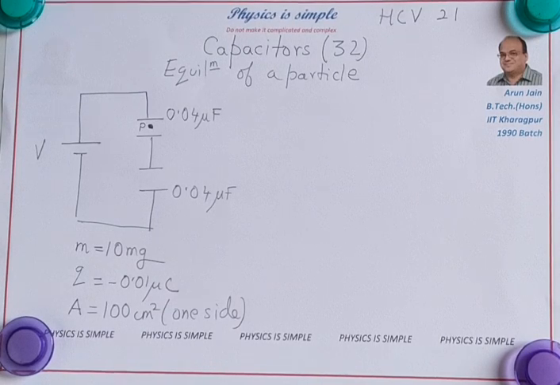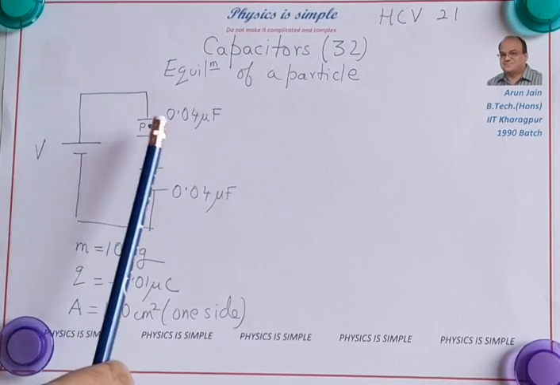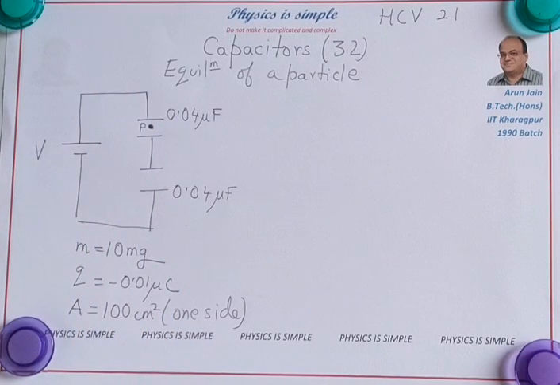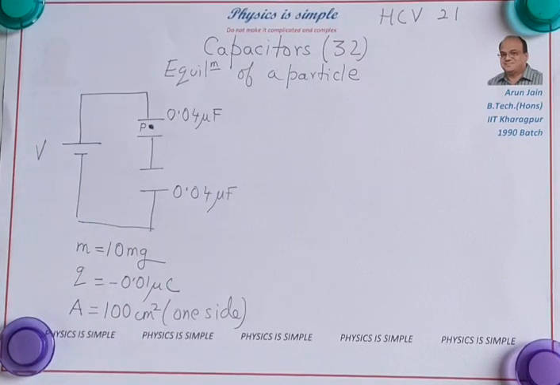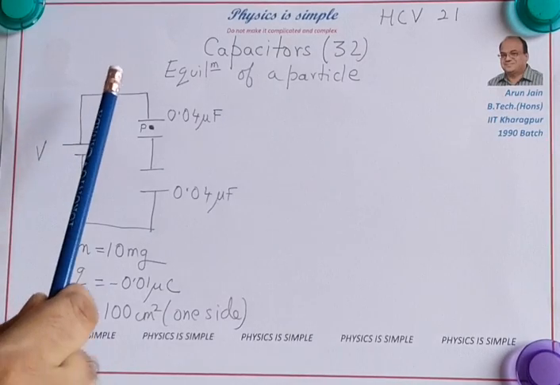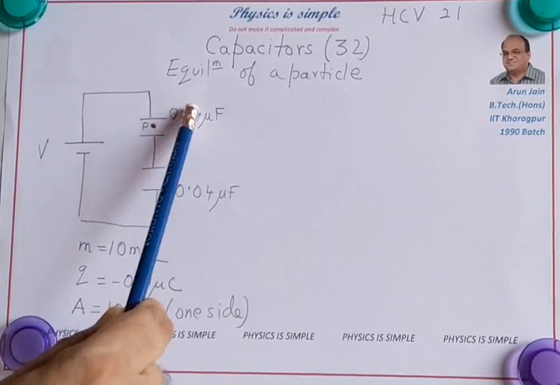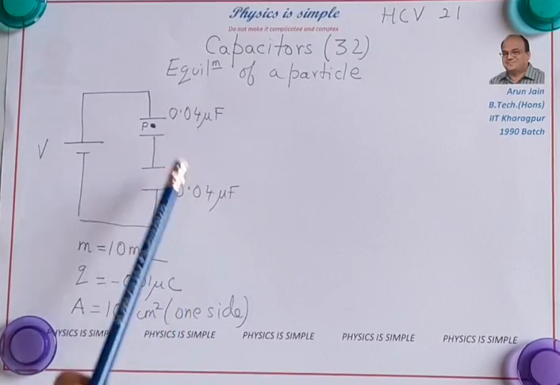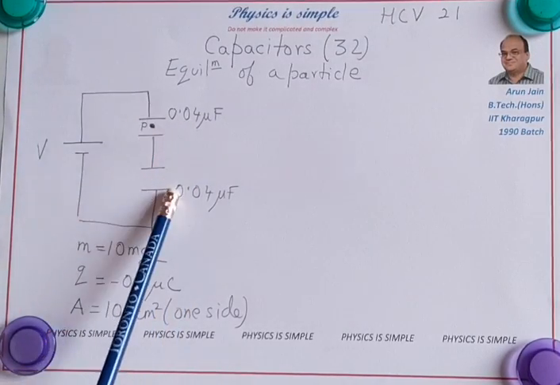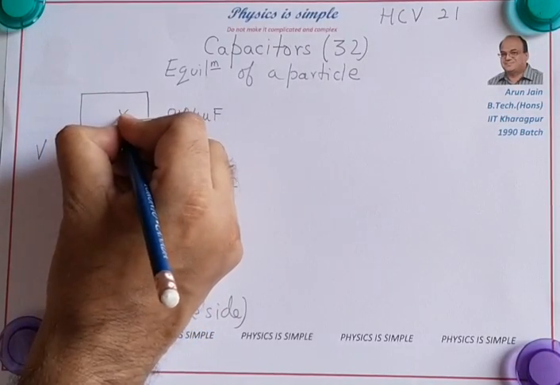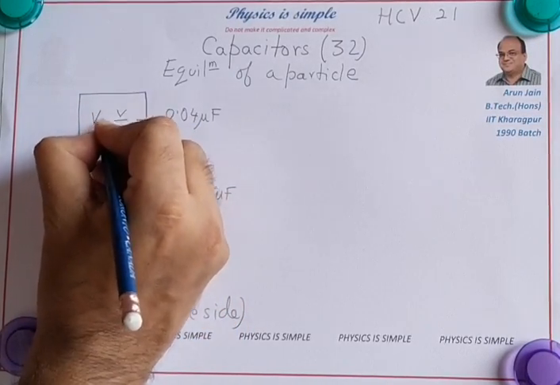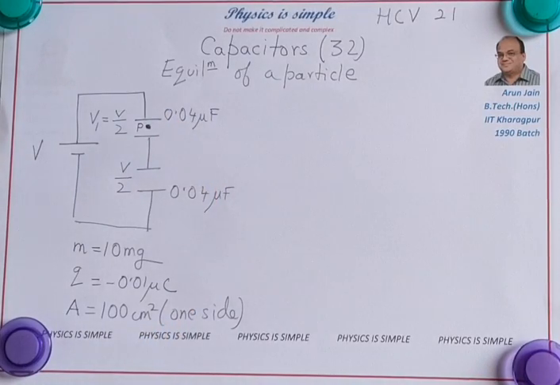One important thing to understand is that these two capacitors are in series. If they are in series, charge on both is same, and since the capacitance of both is also same, therefore this V will be equally divided amongst both the capacitors, because Q is CV. Now C is same, so therefore V must be equally divided between these two. So the potential difference across this will be V by 2, and across this also will be V by 2. This is V1. So V1 is V by 2.